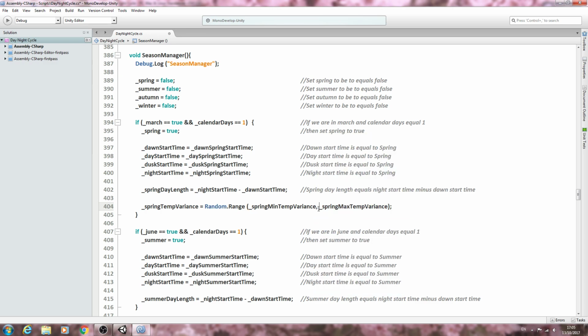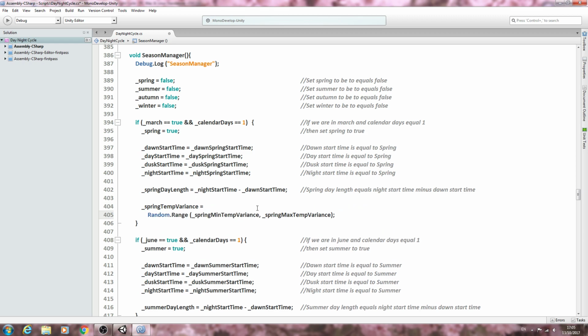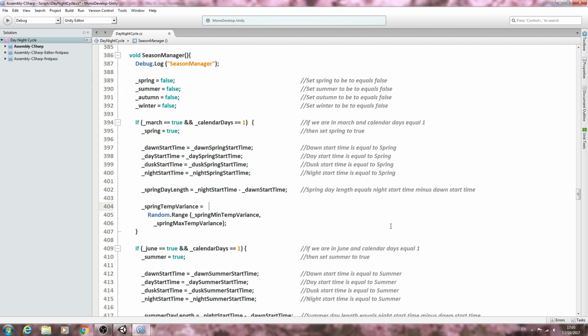Remember the comma in between here. I'll enter here after the equals and here as well. So just breaking it up to make commenting easy, we'll say in the comments spring temp variance equals